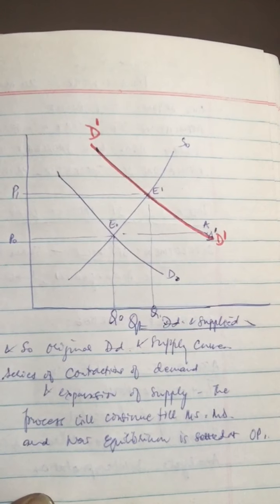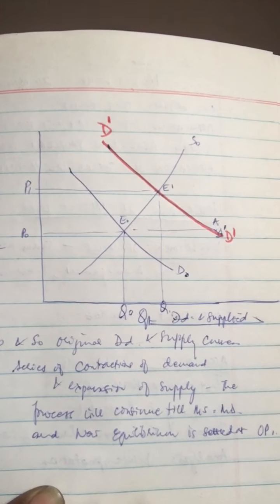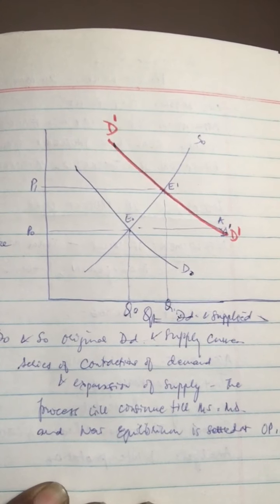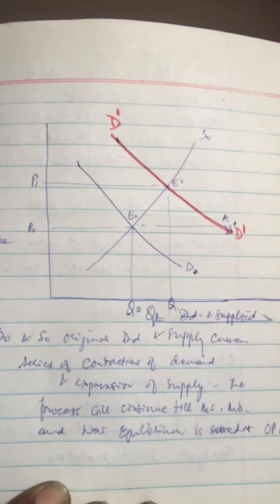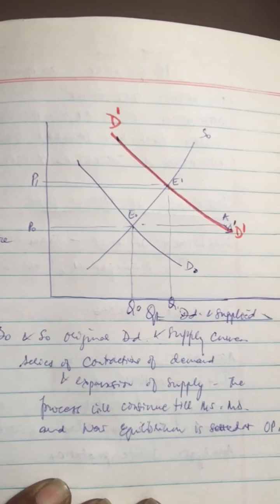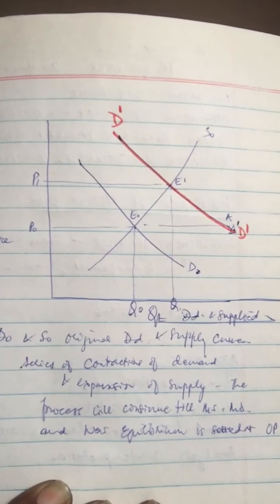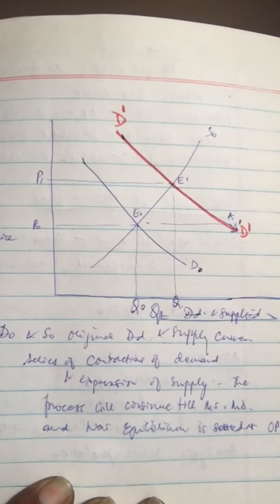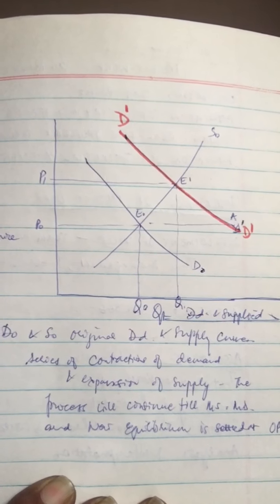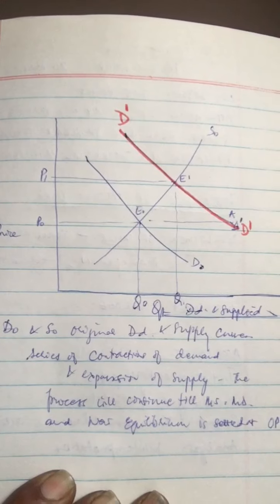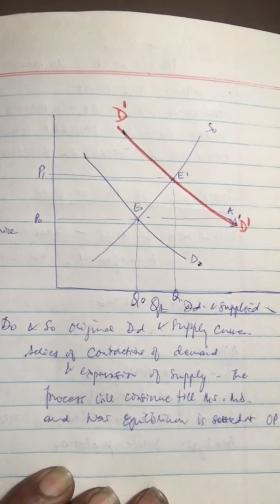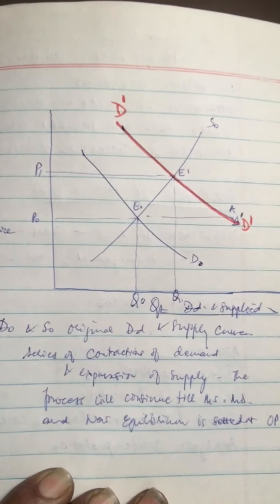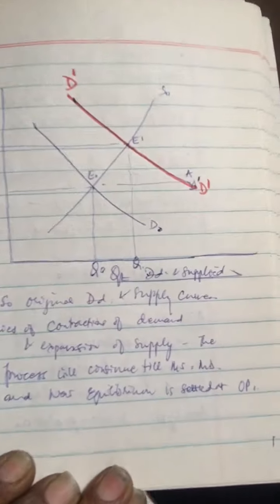Now in the diagram you see that the original demand curve shifts to D dash. As a result of this, there is excess demand equal to AE0. Now there will be competition among buyers which will raise the market price, and this would contract the demand and expand the supply. And this process will continue till market demand is equal to market supply and a new equilibrium price settles at OP dash. Okay, so what do you find? That the equilibrium price has risen, and the equilibrium quantity has also risen. Okay, so this is what it is.